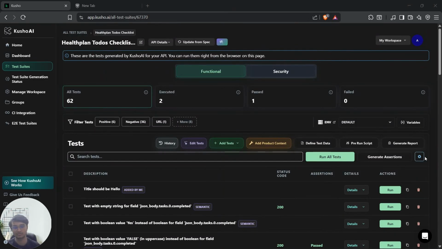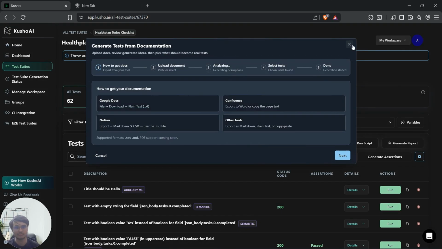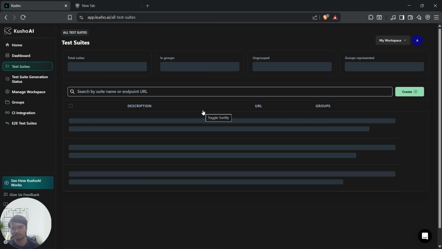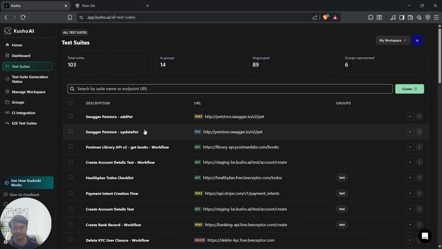So there is also add product context here. Basically you can use it if you want to generate additional tests from your product or business documentation, or you already have a product, business or design documentation for a feature, and you want Kusho to generate additional business logic tests for that documentation. And for that you will have to just click on the button over here. So I have a test suite with me. I will go over there and then select it,